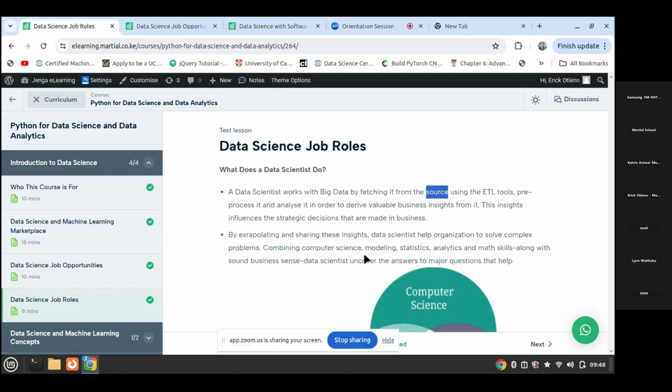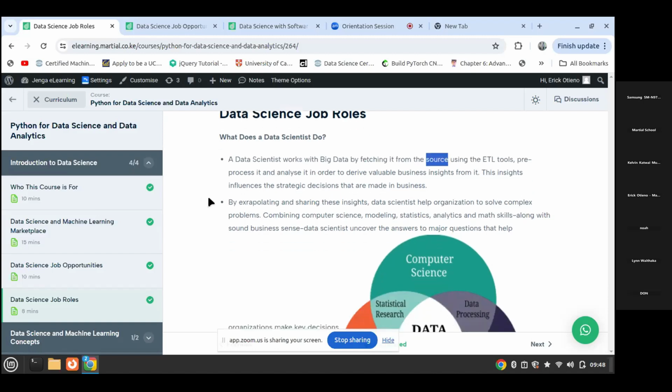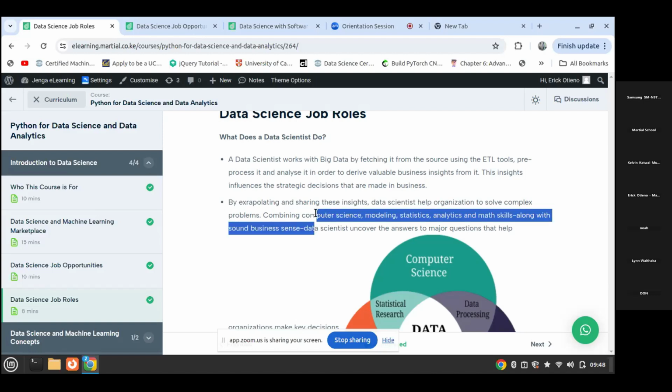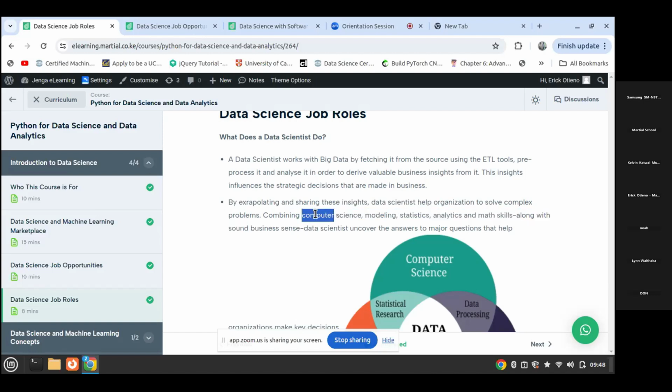To expand more, by extrapolating and sharing these insights, data scientists are helping organizations such as the United Nations to solve complex problems. They combine different disciplines, such as computer science, with fields like computer programming, linear algebra, numerical computation, and the rest.